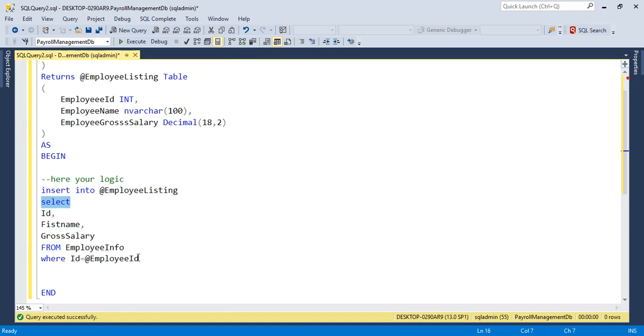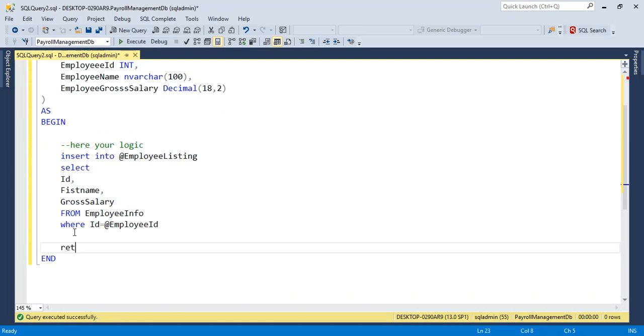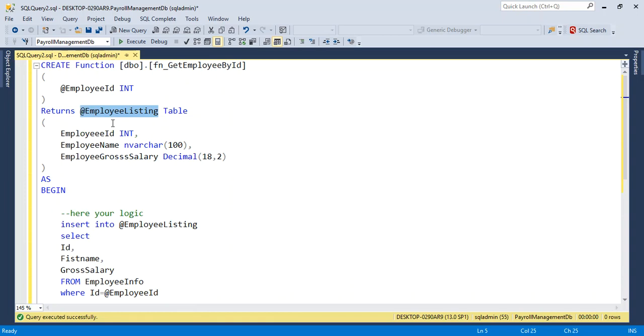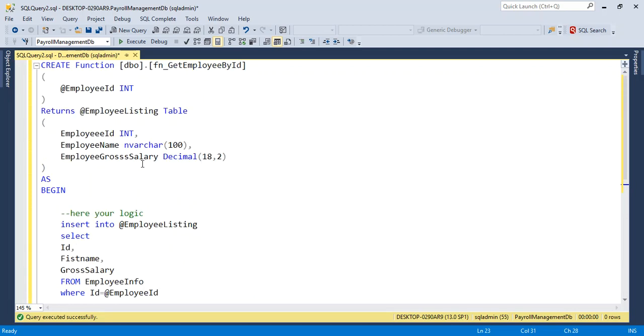So these columns from the employee info table, like ID, first name and gross salary, will be inserted into the employee listing. And then we just need to return, meaning here the employee listing table, or tabular data. So if I execute this section,